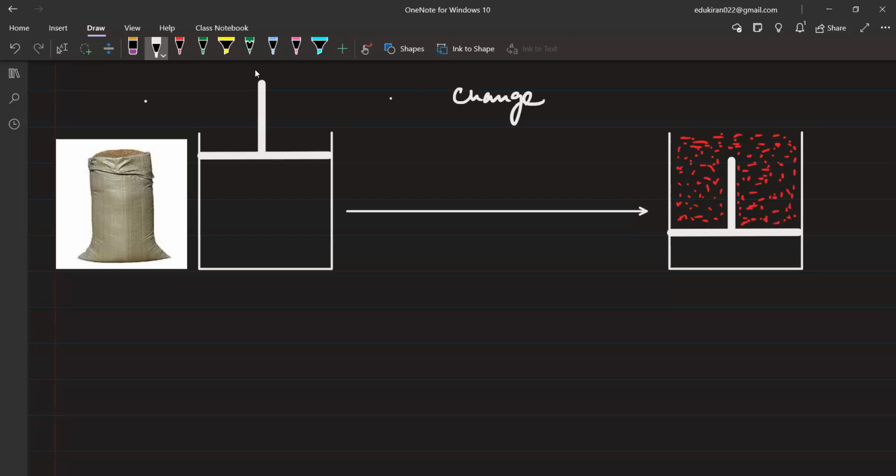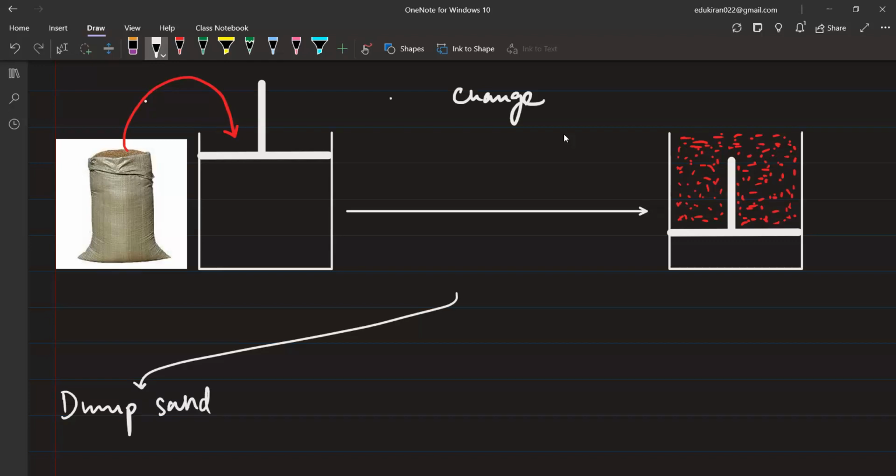Now see. Please try to answer me, okay? There are two ways of dumping all the sand on this piston. I want to dump all the sand on the piston, and there are two ways of doing it. Either I will pour the sand all at once. I can pour or dump sand all at once. Please don't write anything.